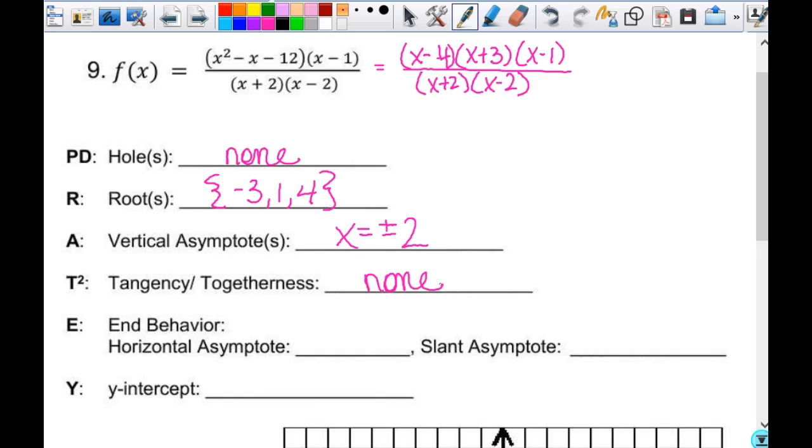Do I have a horizontal asymptote? What's the degree of the numerator? 3. The degree of the denominator is 2. It is top heavy. Is there a horizontal? No. So there is none. Is there a slant asymptote? Yes, there is, because the numerator is 1 greater than the denominator,